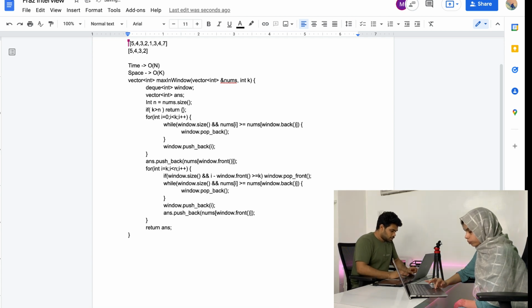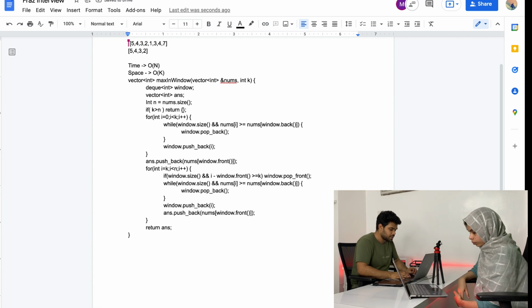All right, so these are three functions. Let's say we name this class random data structure.